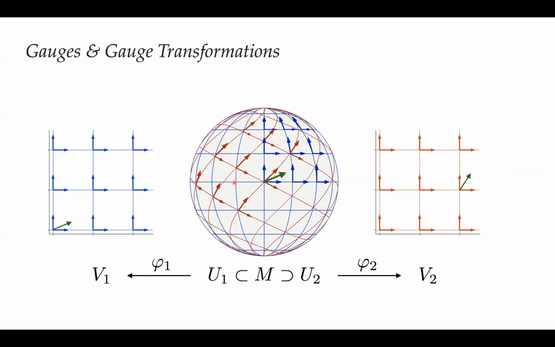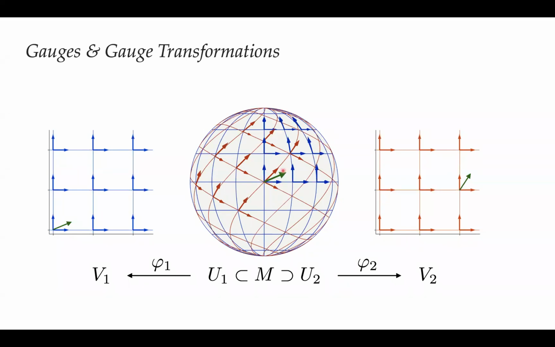All right, so the other thing to notice, as I already mentioned, is that the gauge will typically be local, so it will not always be defined on the whole manifold. And so you work with multiple gauges. And that means that if you have a particular tangent vector, like the green one here, it can be represented in multiple gauges. In this case, we have a red and a blue gauge. And perhaps in the red gauge, this vector might be represented as 1, 2. And in the blue gauge, it would be represented as 2, 1.